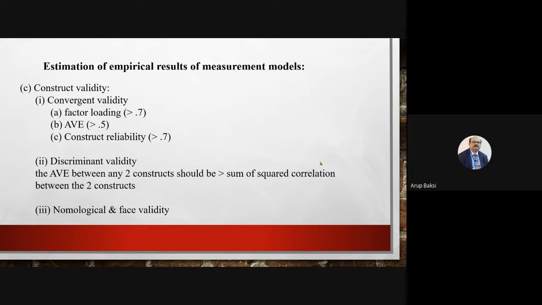You remember in the EFA session, when I was suppressing the smaller values, I was assigning a figure of 0.6. I said that it should be the minimum, anything below 0.6. What is factor loading? Factor loading basically is the correlational score between the observed variable and the latent construct or the latent factor. So any correlational score which is lower than 0.6 should not be